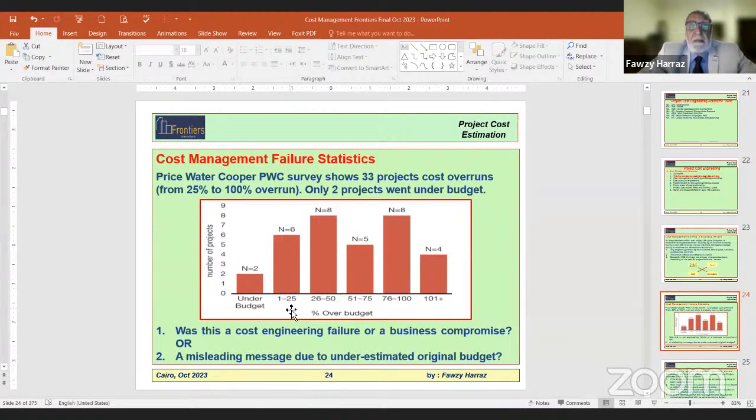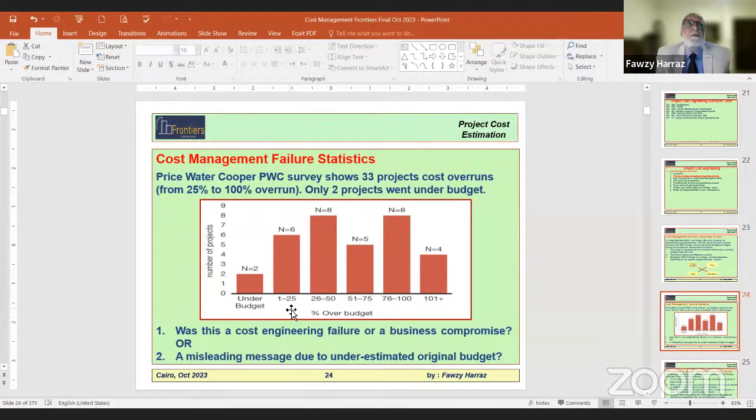What I mean to say, be careful, because I'm sure one of you will ask me, Mr. Instructor, maybe the overrun came from the poor estimate. Yes, maybe the good estimate of the project was 1 billion, and the estimator didn't do the job properly. So he reported to the management that the estimate is 800 million, while in reality, a good estimate says it is 1 billion. So in this case, you are underestimated by 200 million, and you will end up spending 1